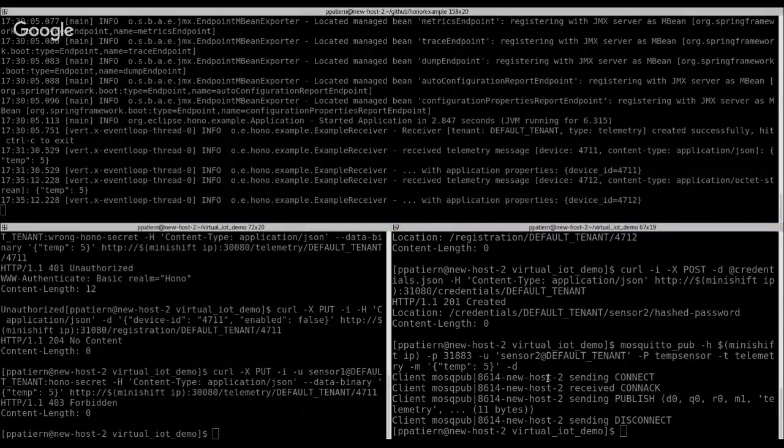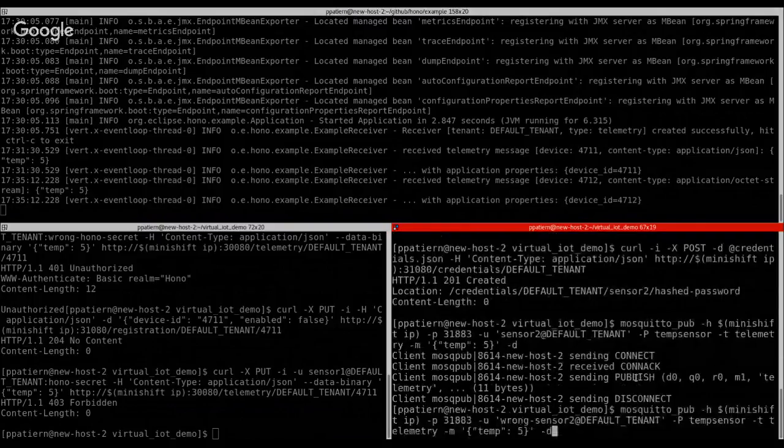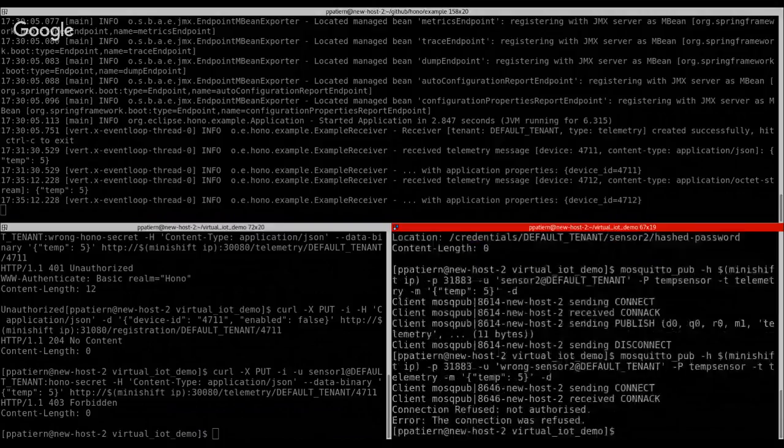Even in this case, just to show that we can handle errors from Hono related to the interaction between device and Hono, on both HTTP and MQTT, I can show what happens if I use, for example, a wrong authorization ID. Here I don't have something like the HTTP response code, but I can see that after trying to connect to the adapter, the MQTT client receives a connect packet where the error is not authorized. So we are using what we have, of course, in the MQTT protocol.